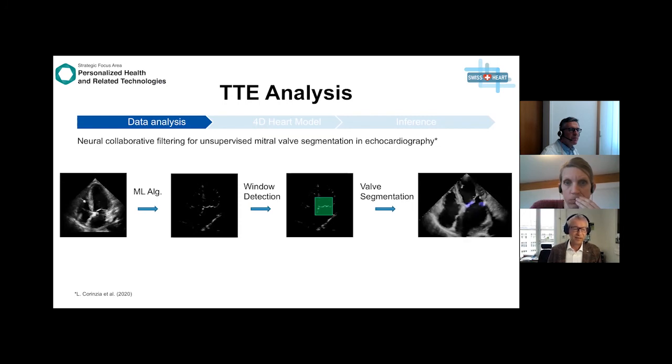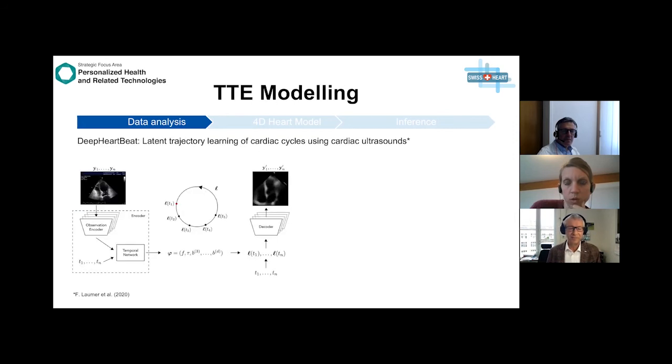The data analysis further is on the echoes. So here we had a side study to identify the heart valves, going from the initial echo data via window detection and then using validated machine learning techniques to track the interesting part here. And in this case, it's the valve. For other diseases of the heart, it might be other features which in their motion have to be characterized.